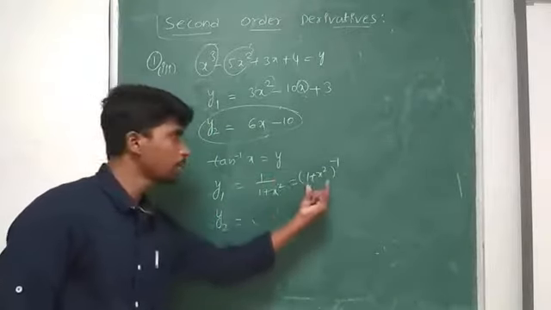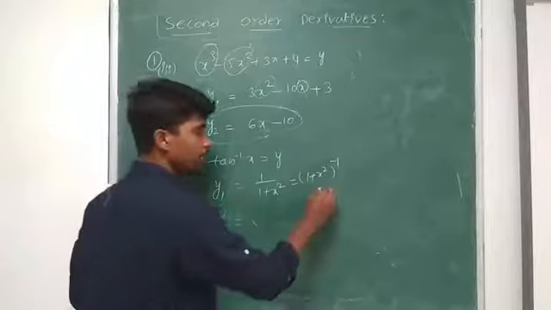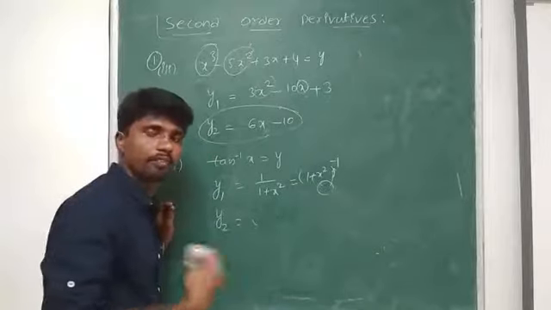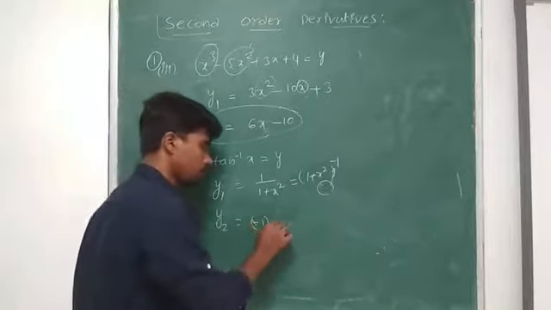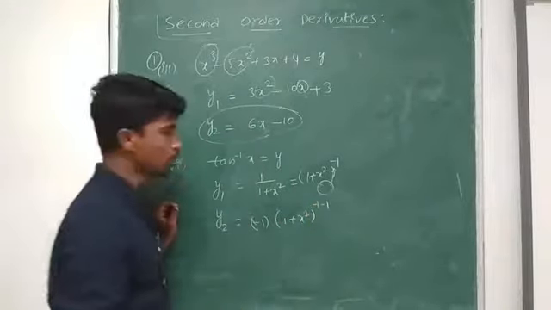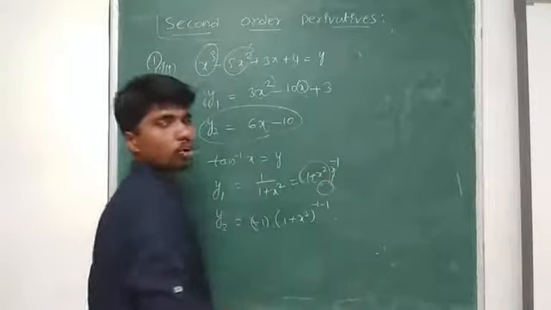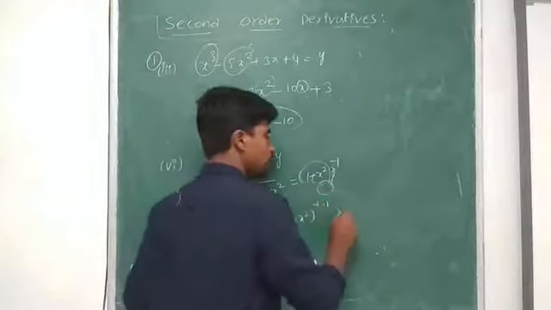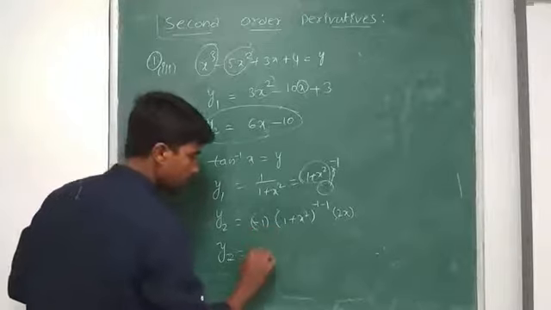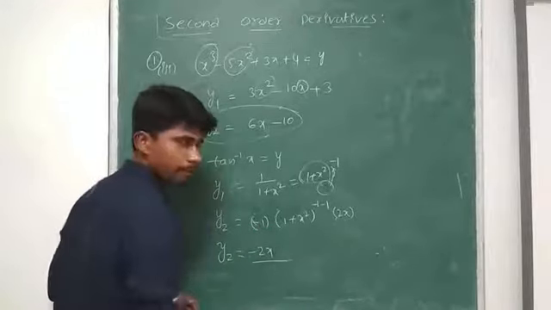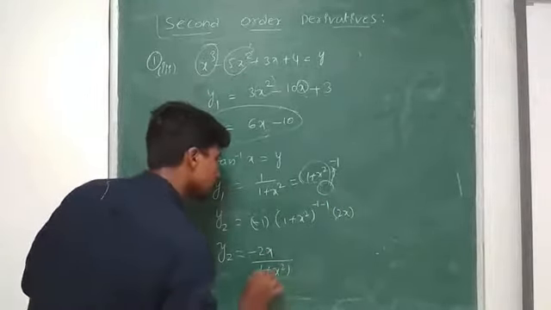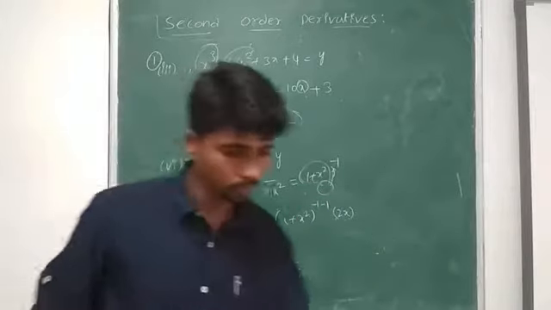Now I want to find this particular function's derivative. I am feeling this one as x to the power of minus 1, that is x to the power of n. So n into x to the power of n minus 1, minus 1 into derivative of this particular function, because it is not x. So 1 derivative 0, x square derivative 2x. Now final answer, y2 is equal to 2x into minus 1 minus 2x divided by 1 plus x square to the power of minus 2. So take it to the denominator, we get 1 plus x square whole square.